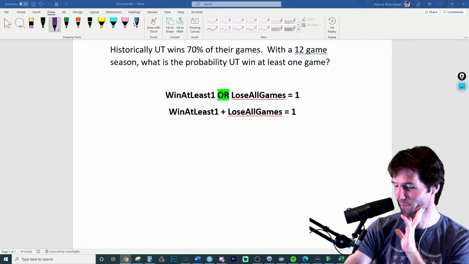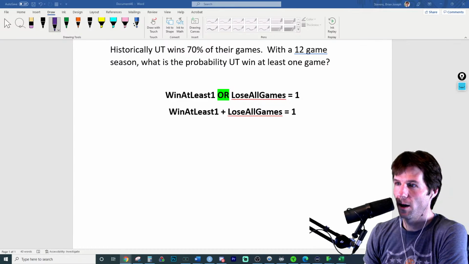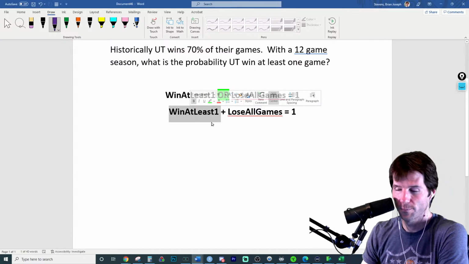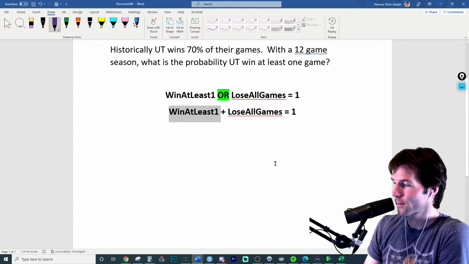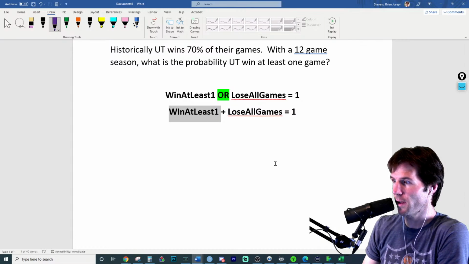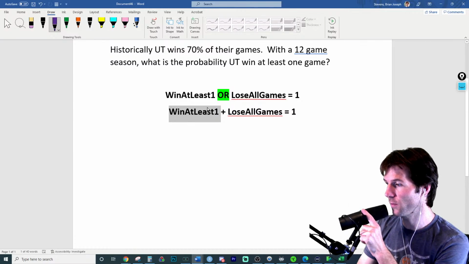How can we solve for win at least one game? Our goal is to solve for this right here. We want to know the probability of that. So how do we solve for that? That's what we're interested in. So mathematically, what would we do? It's a solve for